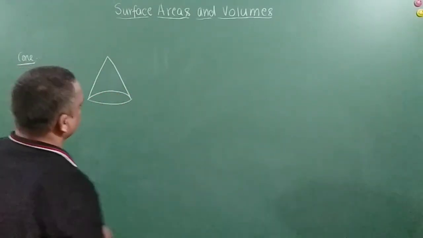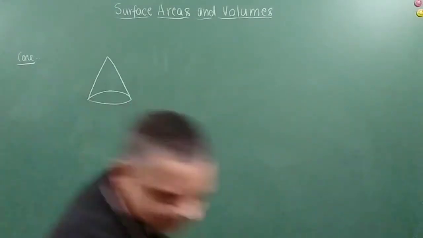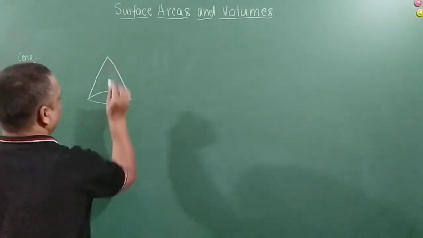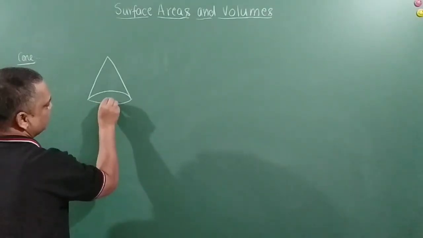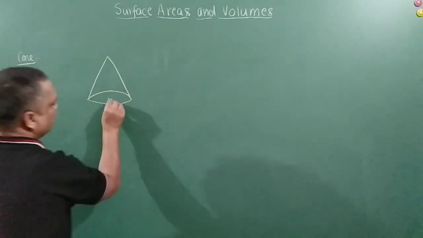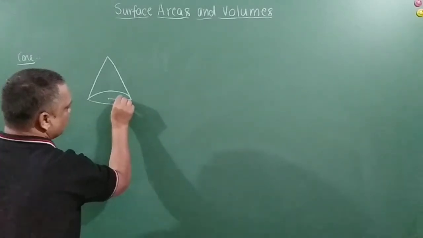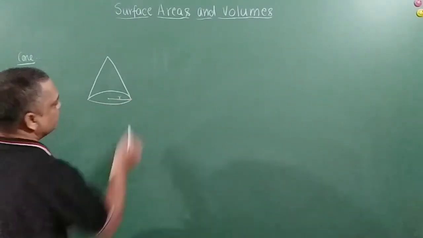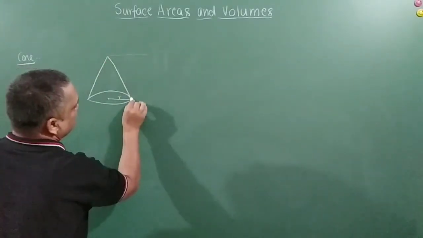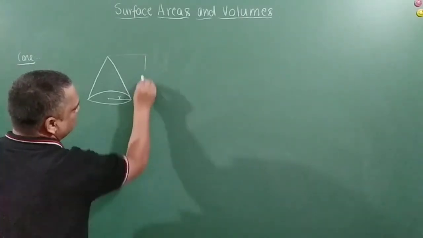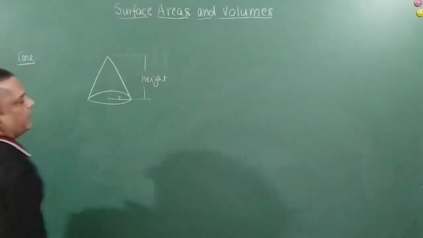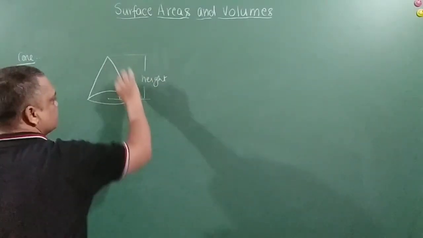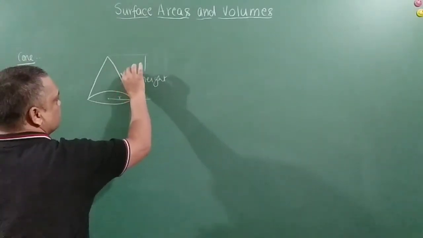Something like this. Okay. It's okay. It has not come so correctly, but it's okay. Now, see, this is the center of the circle of the base. Okay. And this is called R. Right, friends? And this is called the height of the cone. Right? And this L is called slant height.